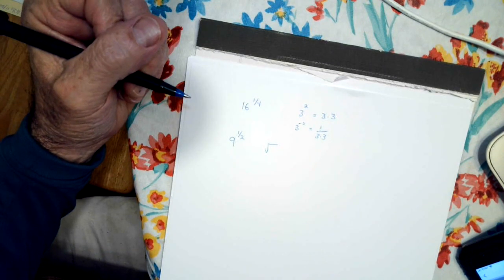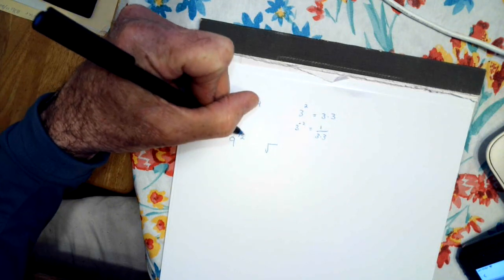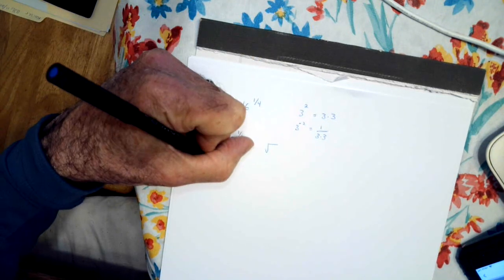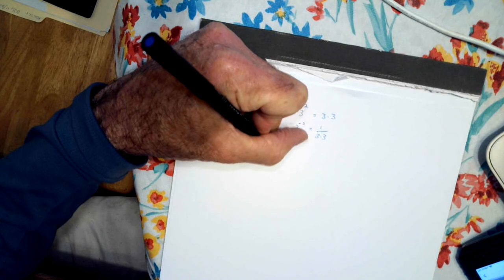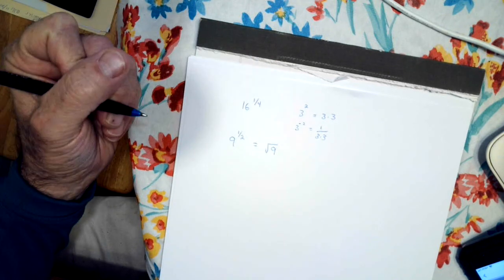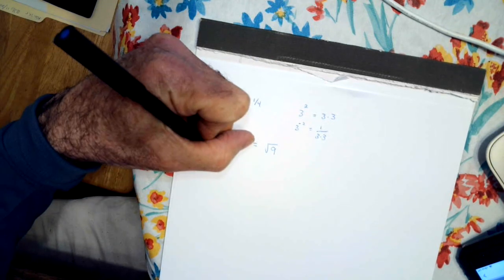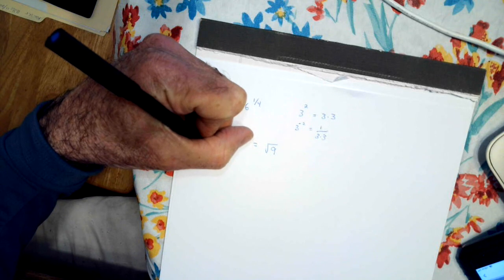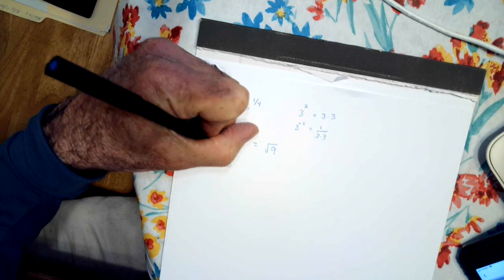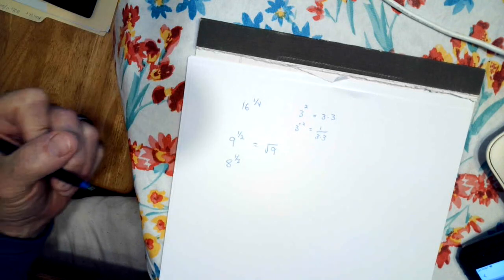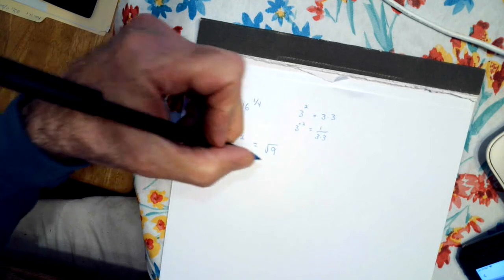If it's a 2, it just means it's a square root. So 9 to the 1/2 is the square root of 9. Now, if you have something like 8 to the 1/3, that's going to mean